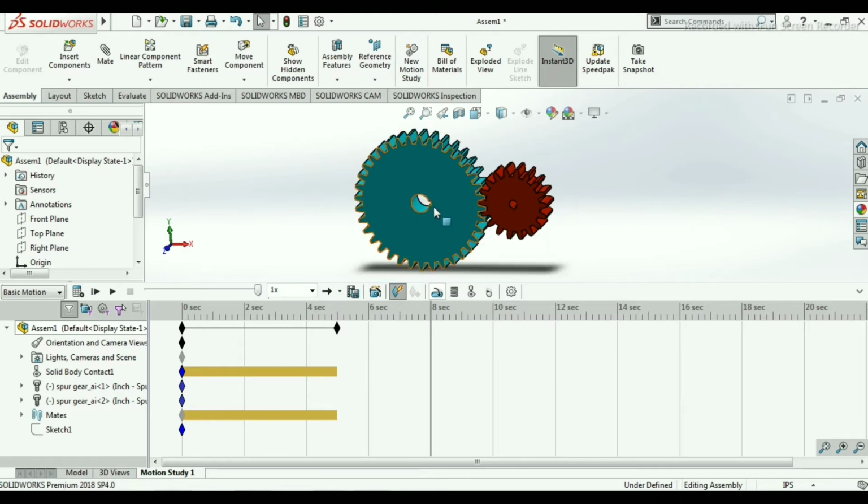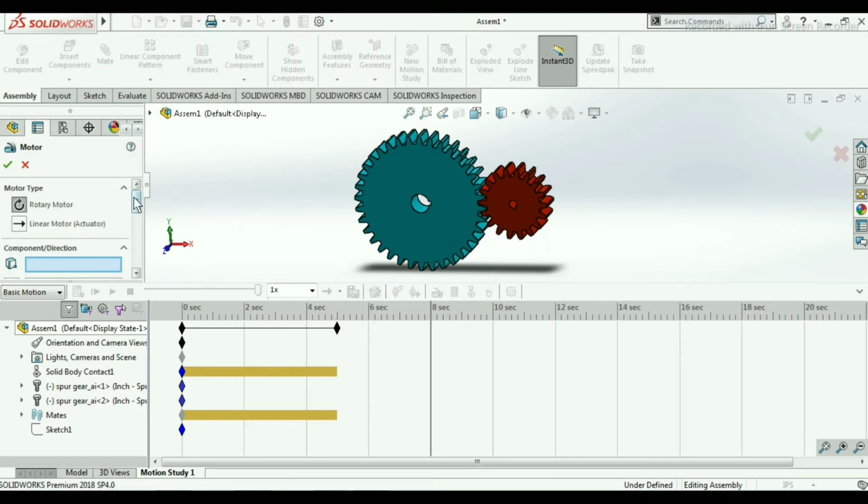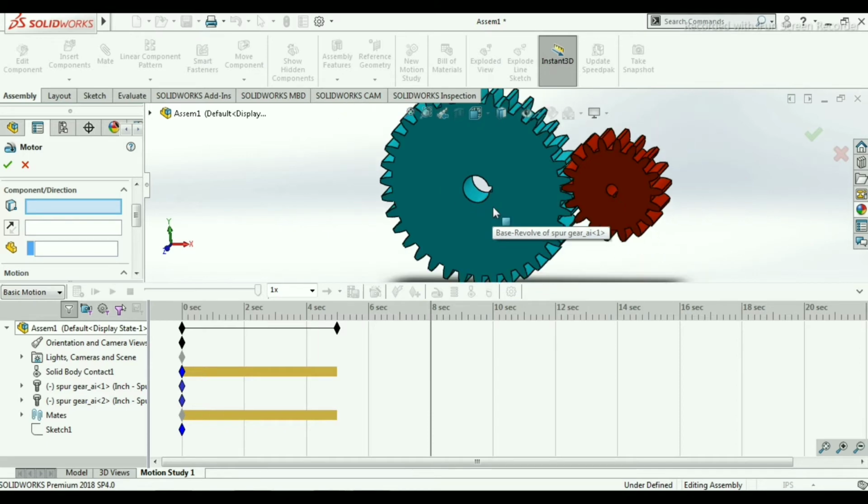Now we will give some RPM to this internal shaft. So click on this motor, and here they are asking for the components or direction. So I am selecting here. Our direction will be clockwise. So the motor will rotate in the clockwise direction, and along with this, the spur gear, that is spur gear 1, will rotate in the clockwise direction.